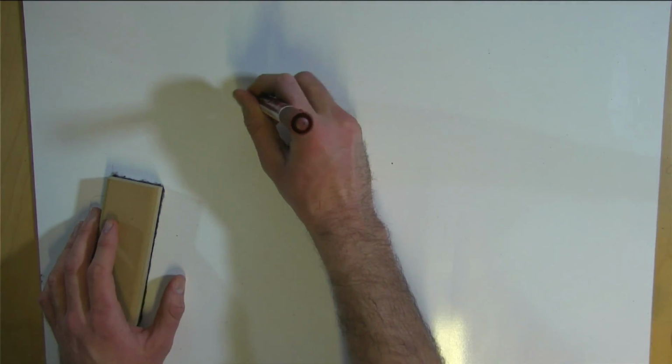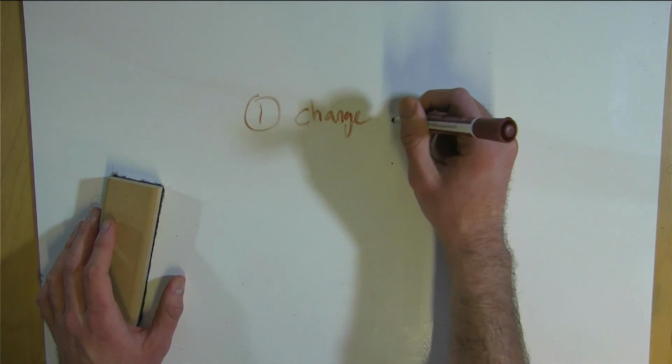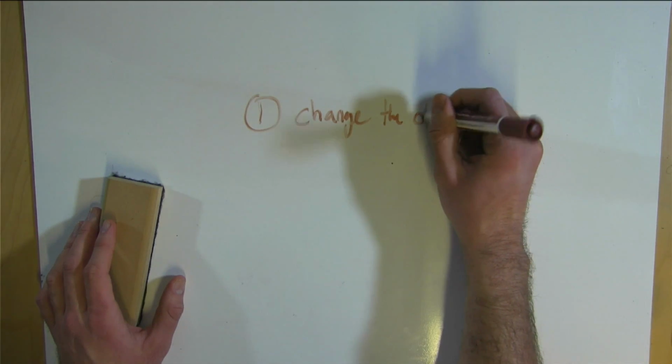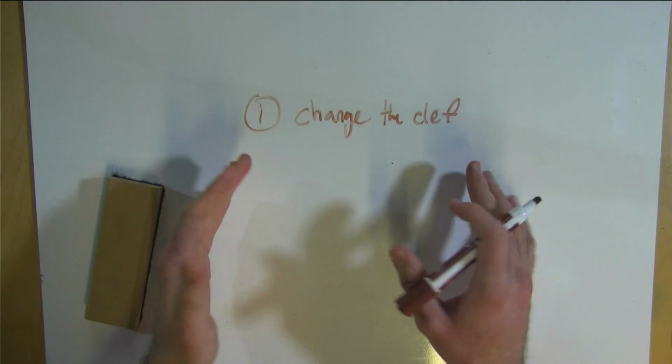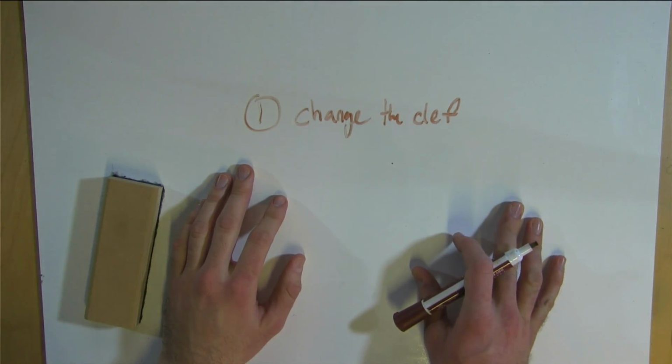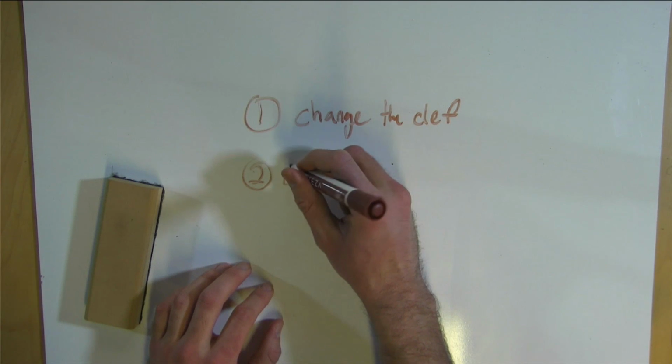So the first step, of course, we already talked about. You're looking at the score, you're looking at a particular instrument, you're going to change the clef. So let's say you're looking at an E-flat clarinet part, you're going to take that E-flat clarinet part and change the clef to bass clef. Okay? Then the next thing is that you're going to change the key signature